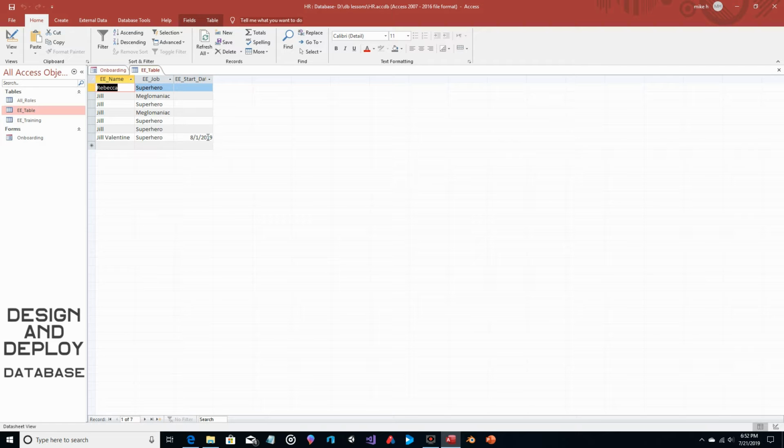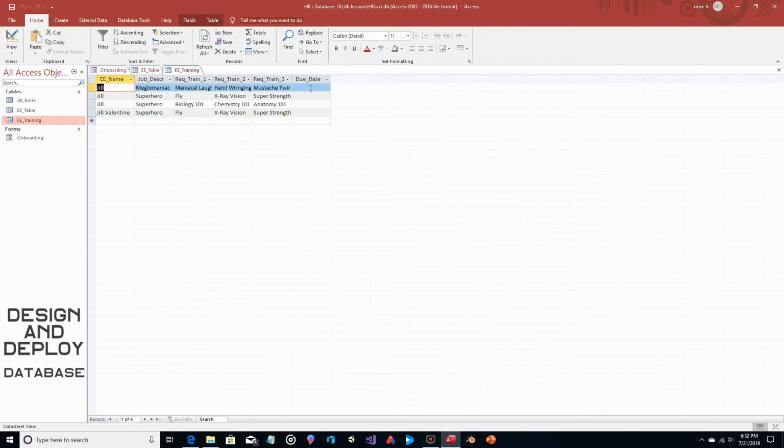So now we just have to calculate the date, whatever the interval we're going to use, say 14 days, and we have to calculate that value and put it into the corresponding due date. Now, in a more complex table, each training could technically have its own due date, but if you see how to do this for one, you can do it for multiple. Not to mention a lot of training tends to be categorized based on it's due once a year, due once a month, whatever, and therefore it would probably have the same due date when it's assigned. If it's all assigned at the same time, it'll probably have the same due date,